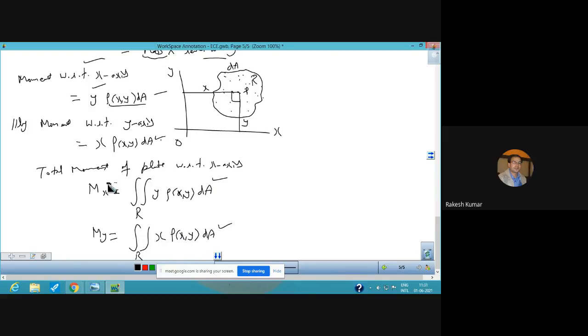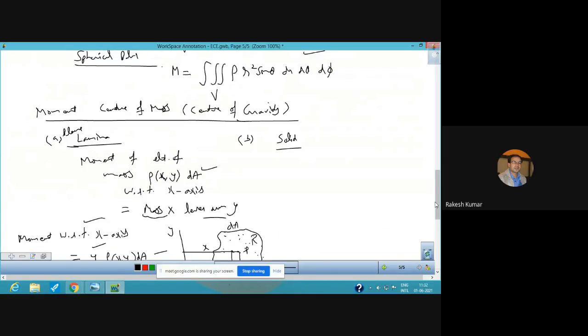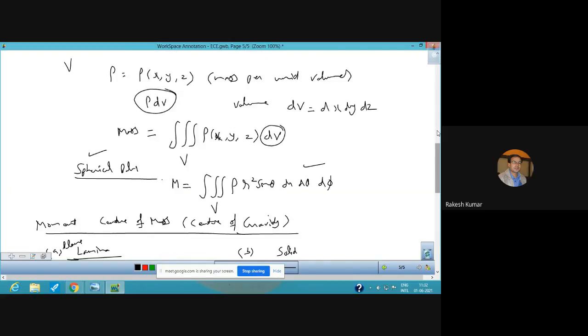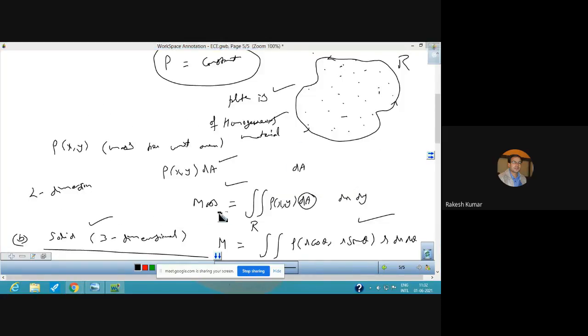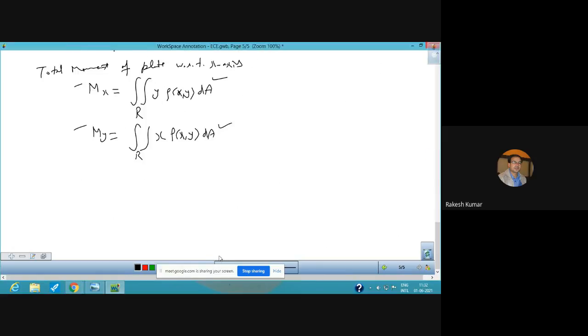This is how to calculate the moment. These are the formulas for calculating moments, and the calculation of mass we have written earlier. This is the formula for calculation of mass. This is for spherical coordinates in 3D, and the formula is also there in 2D. And just see, this is the formula of calculation of mass in 2D. This one. So the mass formula is done and the moment formula is done.